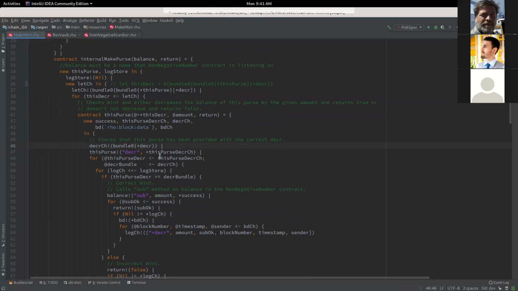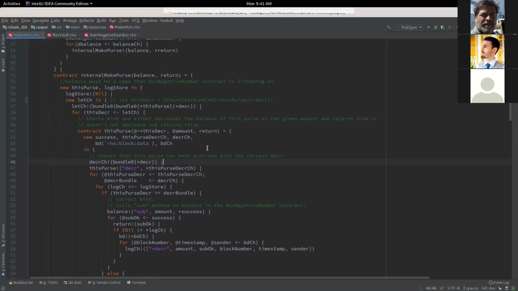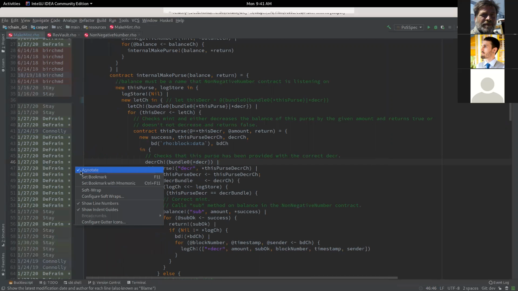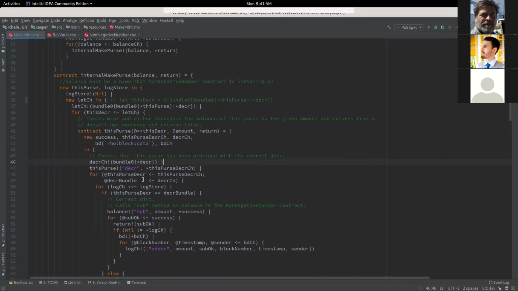What I'm asking is why do we bother to store it? We created this name, Decker channel, and now we store the value into it. Why do we store it and then read it back again when we could just use the... Oh, yeah, because I wrote this, and when I wrote this, I was an idiot, and I didn't realize that I could just do that instead.